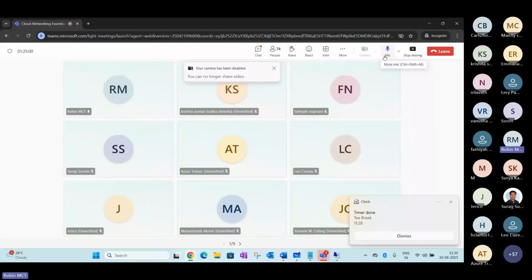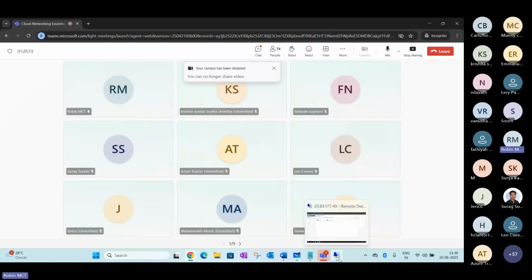Hey team, I hope you're back. It was a refreshment break after an hour of discussion. Right now we have been discussing how practically you can add multiple virtual network interface cards, which will give you an option to enable communication in the cloud here. Let me give you one case study, a real-time based scenario here.